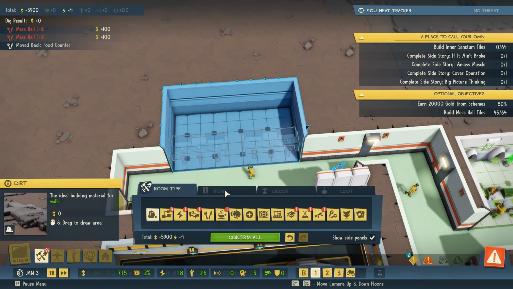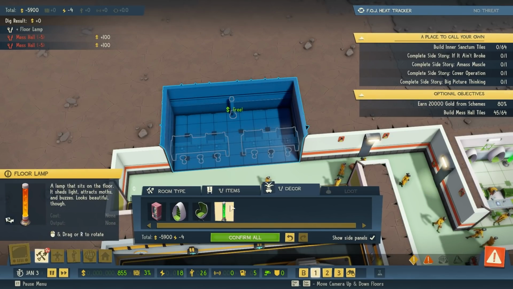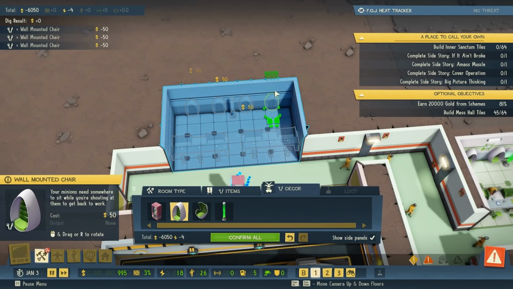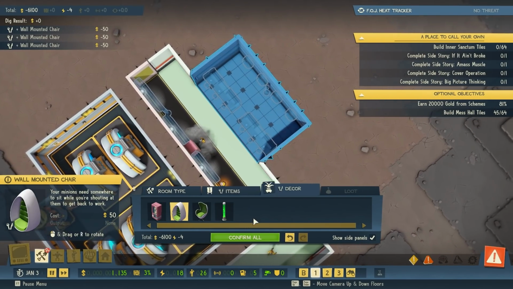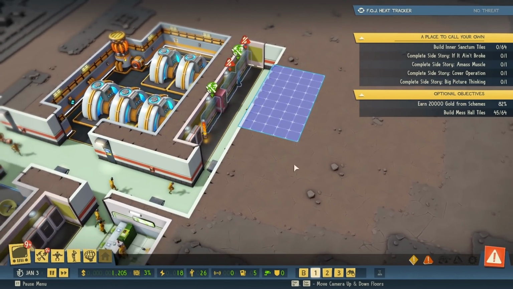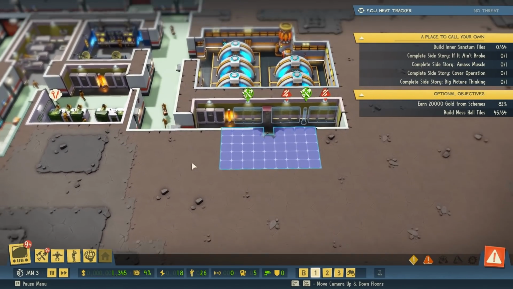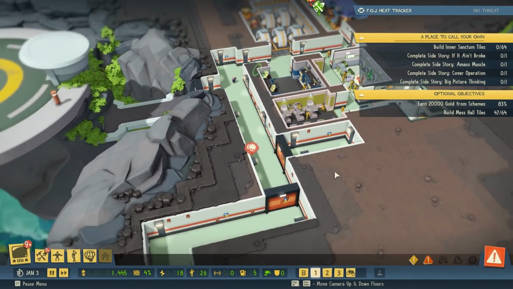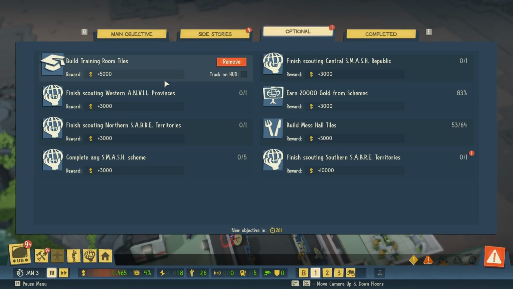We don't need more than that. And in much the same way, I will pop in a lamp, and a couple of wall seats. It's good to have places for your minions to be able to sit down, if for no other reason than it's a very easy way for you to then tell that you haven't got enough jobs for them. There we go. This gives us room for a little corridor or something that leads to some other important room in that direction. Right, there we go. Now then, with that done, we should hopefully be able to finish off the mess hall